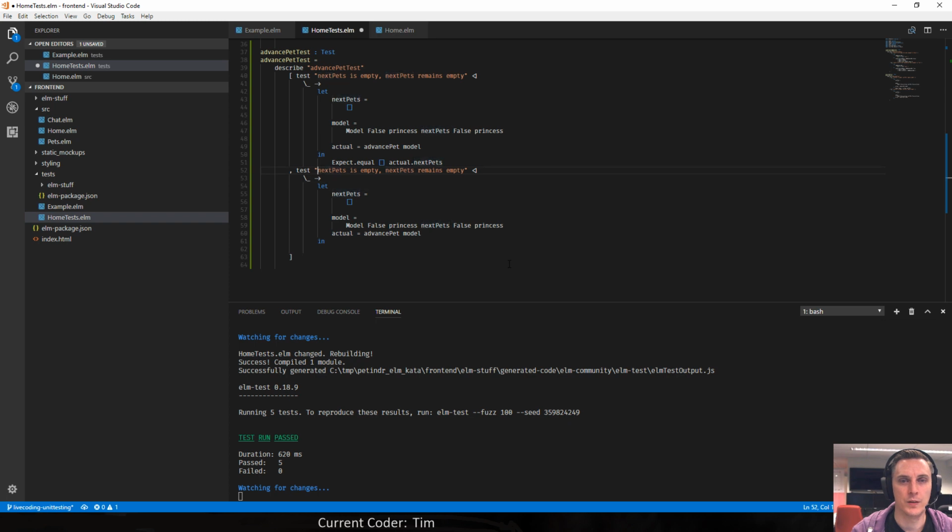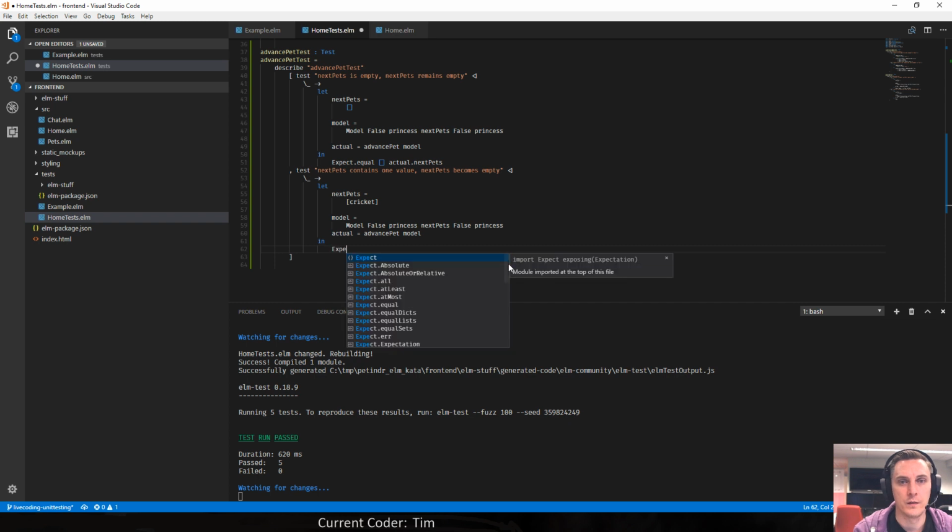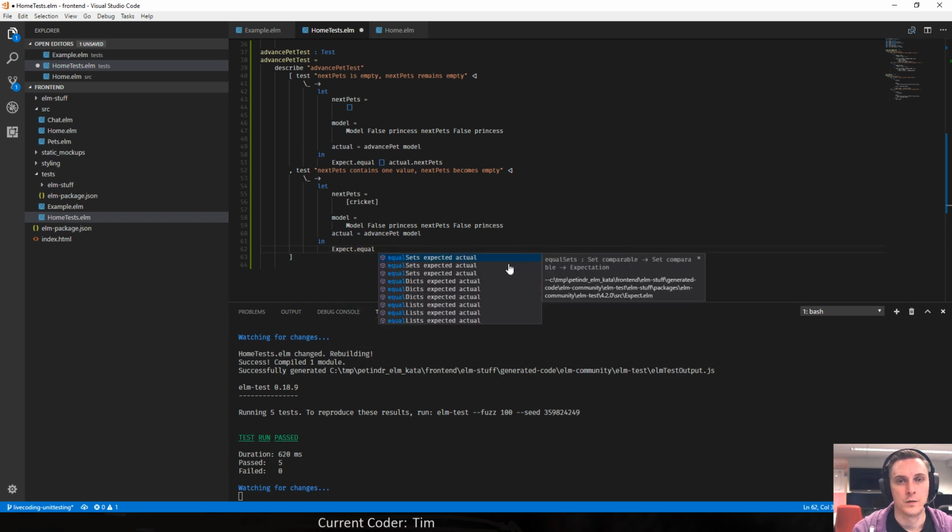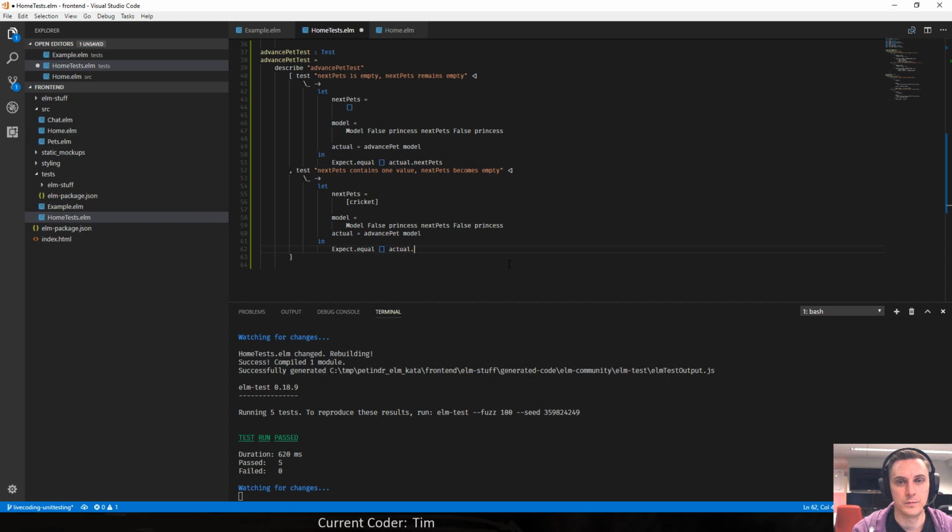And here I want to test that, like this. So when it only has one value, for example cricket, and I do advanced model, then it still becomes empty.